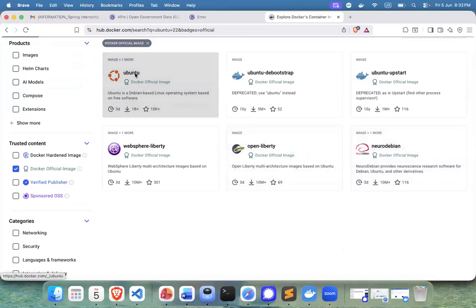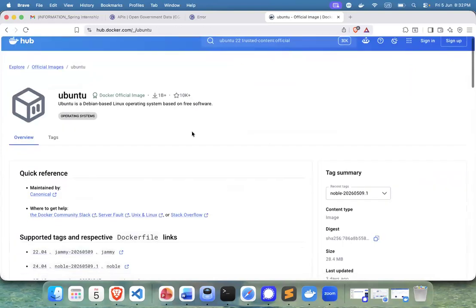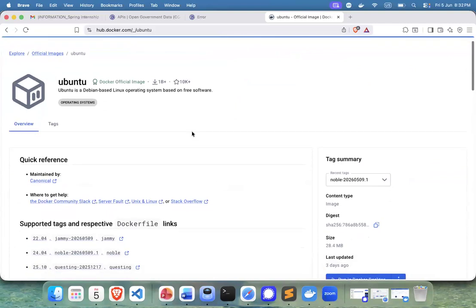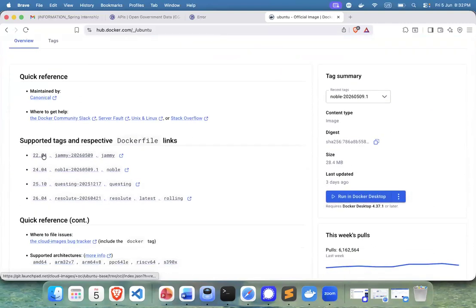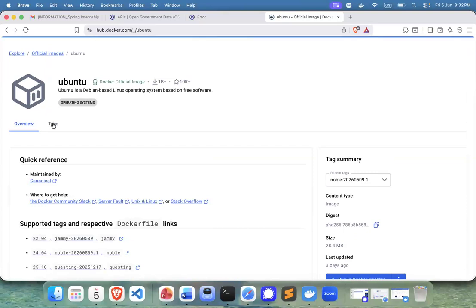But if I click here, I can start seeing the Ubuntu official image, and these are the various versions. Ubuntu 22, Ubuntu 24, Ubuntu 25, Ubuntu 26. I didn't know that 26 has been released. So it's interesting. And if you go to the tags,